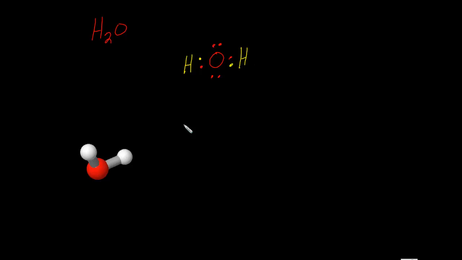because in the VSEPR formula, it describes these pairs of bonding and unbonded electrons repelling each other. In other words, pushing each other away. And so, like in the tetrahedral that we saw a minute ago, we had 4 things bonded. They were all pushing each other away. In this particular case, these pairs on top and bottom are also pushing, and what we get is what's called a bent shape. So this shape here, we get a little less than 109.5 angle here, and we get this bent shape because there are these pairs of electrons sitting out here on either side